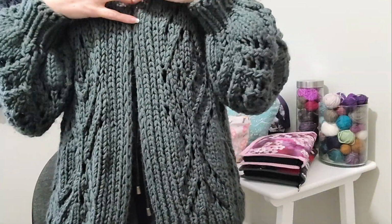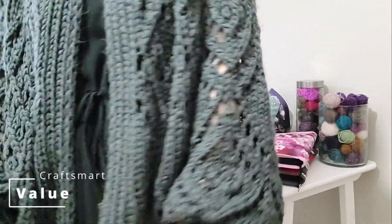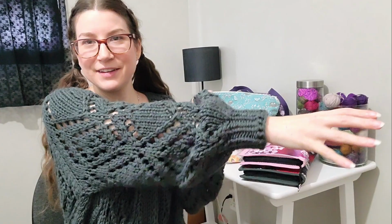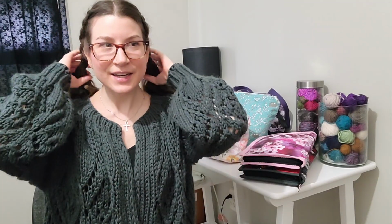So this is a cardigan made out of Craft Smart Value. Yeah, too close to the camera to really show you, but I really like how this turned out. I love the sleeves. I love that they are kind of balloon sleeves. They're so cute. I love the lace detail on this. This pattern was really,